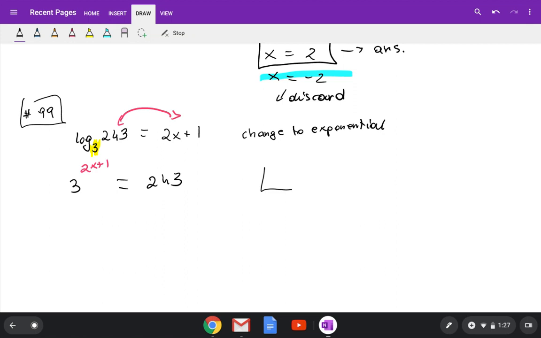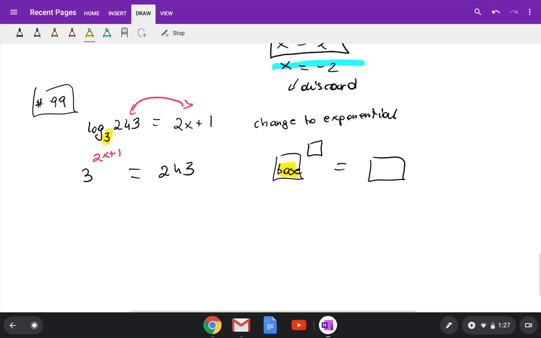Okay, so to change to exponential, you need a base, an exponent, and equals something. The base is always the same as the base of the logarithmic function. So now how are you going to solve that? You want to use the one-to-one property. You want to rewrite 243 as 3 to the 5th power. 243 is the same as 3 to the 5th power. So now we will have 3 to the power of 2x plus 1 equal to 3 to the 5th. Why did we do that? Because now you can